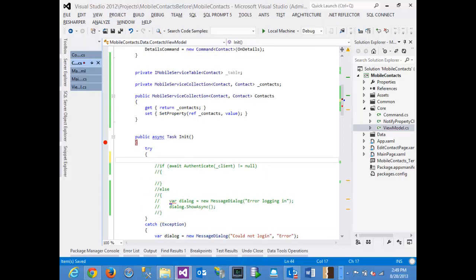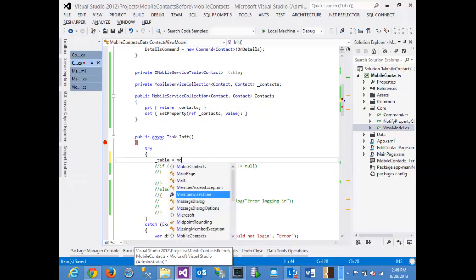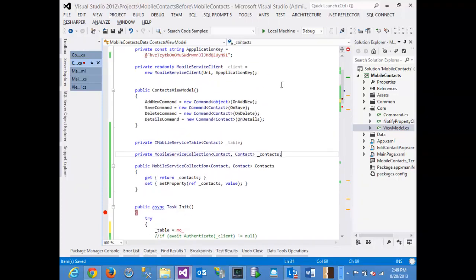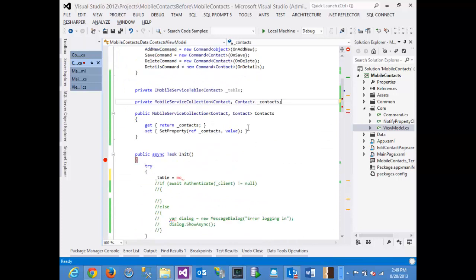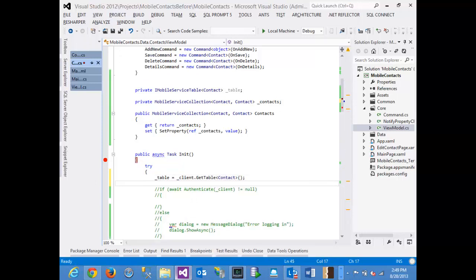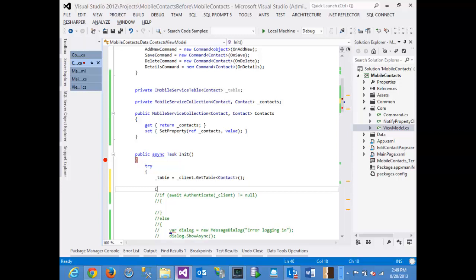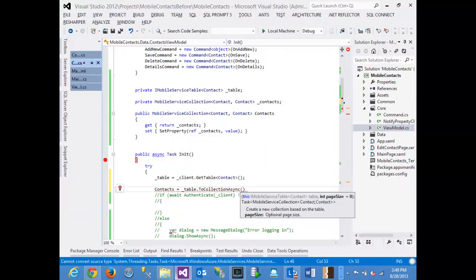Now we need to fill in the data. So that's our next step. So table is going to be my client, and I forgot the variable name. There we go. So this is going to be client, and I'm going to get the contact table, and that's all I've got to do. So now my table is going to be used to push the data to my database. And to populate my UI, I'm going to use contacts, and I'm going to use table and use the ToCollectionAsync method